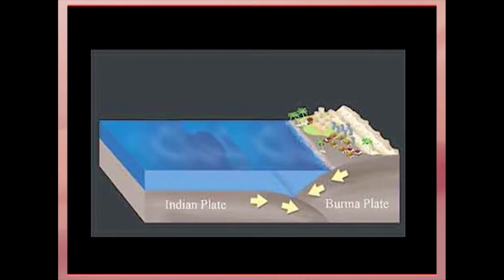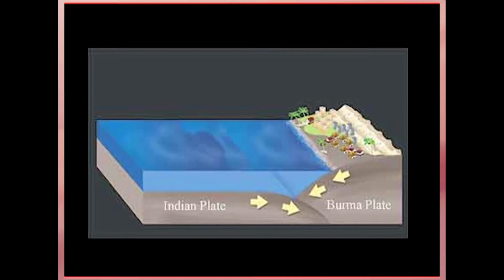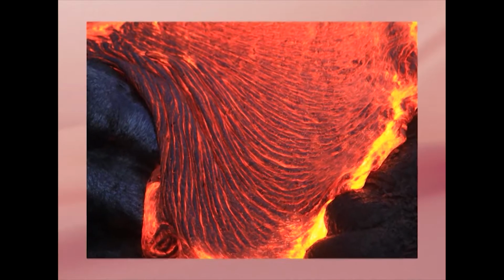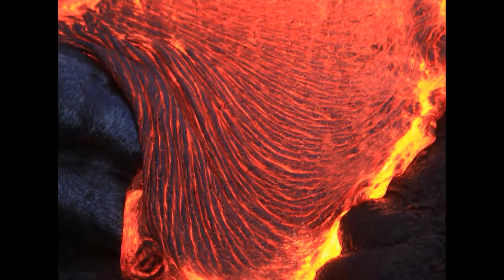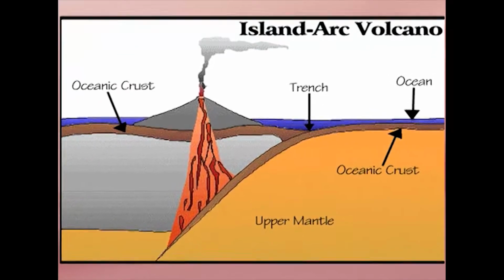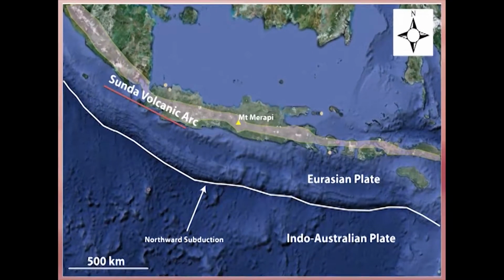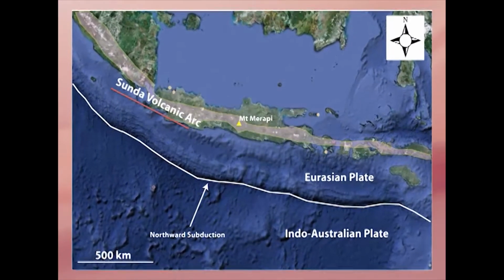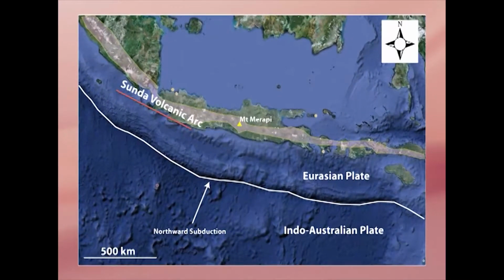The India Plate sinks deeper and deeper beneath the Burma Plate until the increasing temperature and pressure drive volatiles out of the subducting plate. These volatiles rise into the overlying plate, causing partial melting and formation of magma. The rising magma intrudes into the crust above and exits the Earth's crust through volcanoes in the form of a volcanic arc. The volcanic activity that results as the Indo-Australian plate subducts the Eurasian plate has created the Sunda arc.